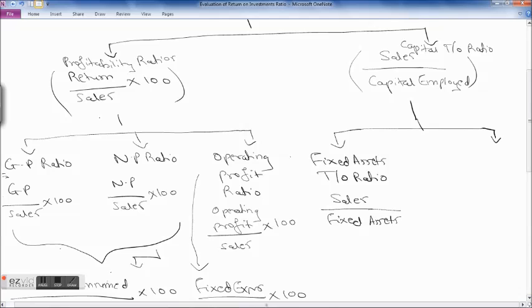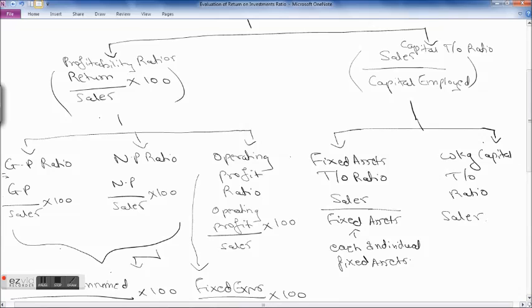In this, we can find out the fixed asset turnover ratio for each individual fixed asset, say furniture and fixtures, plant and machinery, land and building, like that. Then you have working capital turnover ratio, that is sales upon